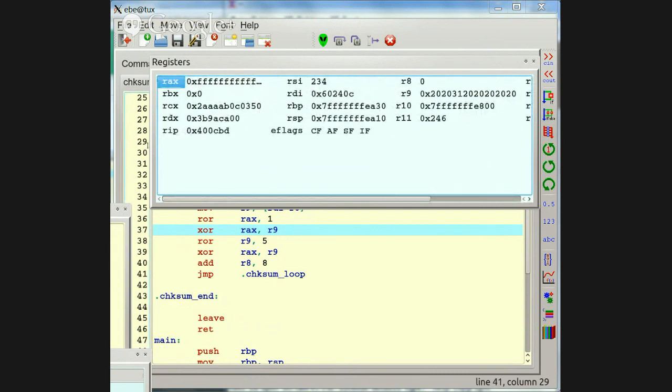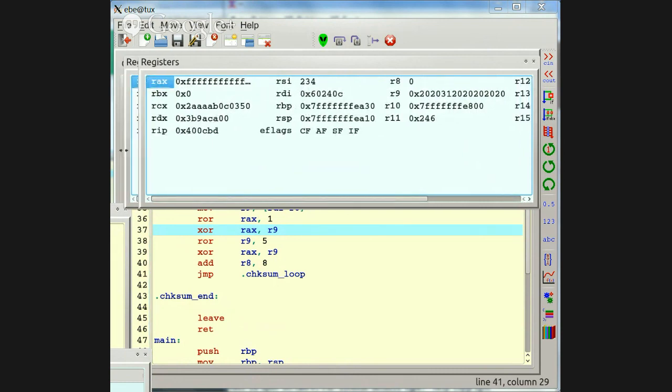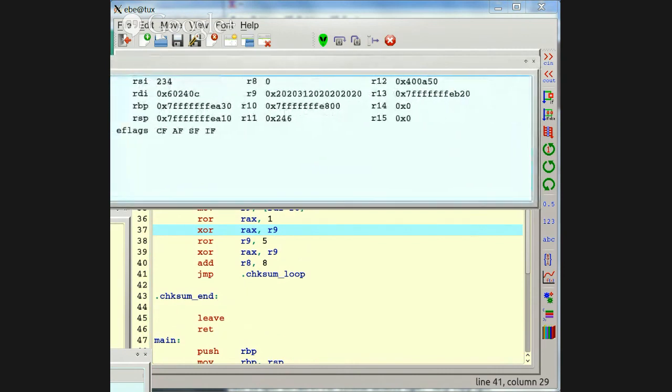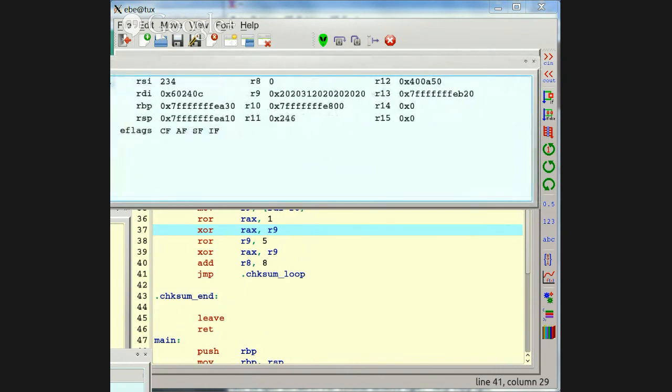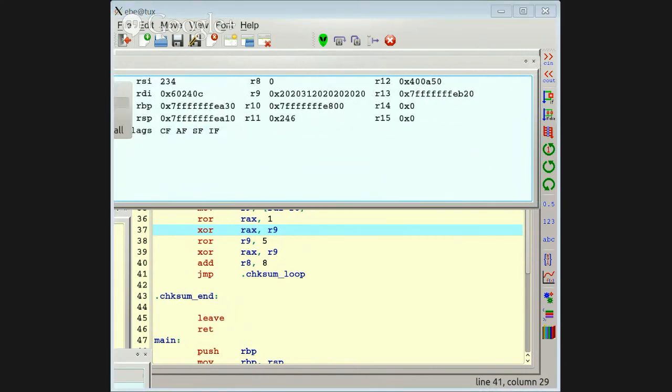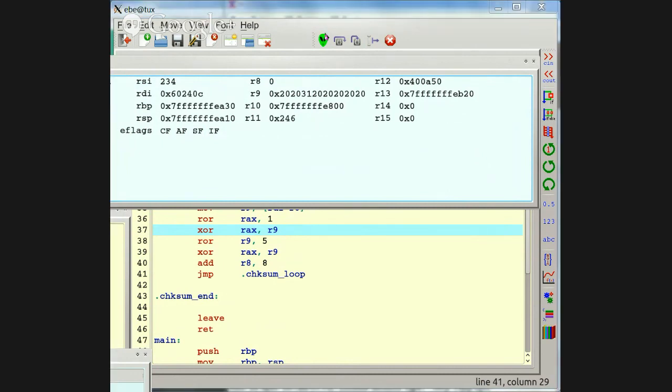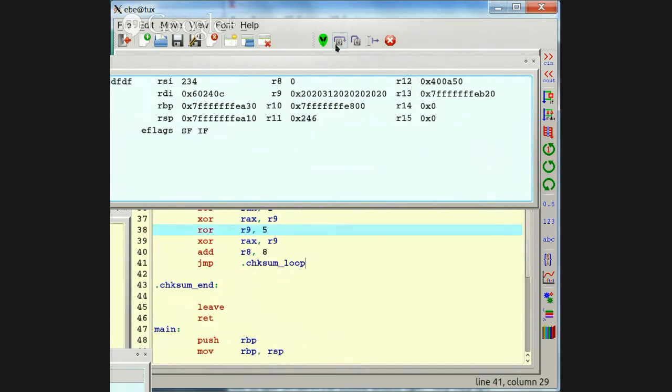A rough spot in the program that I haven't gotten around to fixing yet. It's not showing us all of those bits. How about let's go one more step. All right.